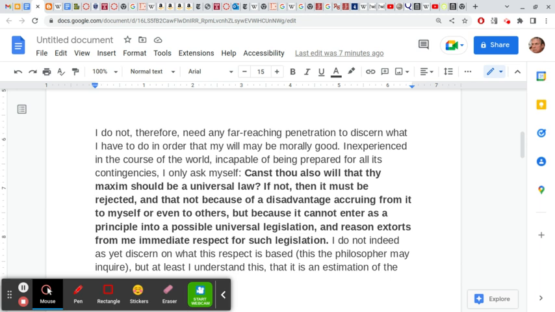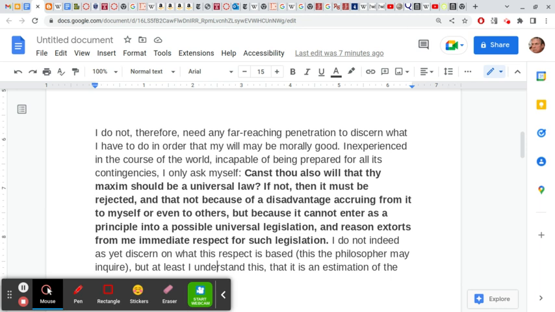It's a very useful one, I think, as we've seen, for actually making a moral decision. Which is not to say that it's not deeply problematic, as came out in class. Now, what does that mean? "Canst thou will that thy maxim should be a universal law?" As we know, what that means basically